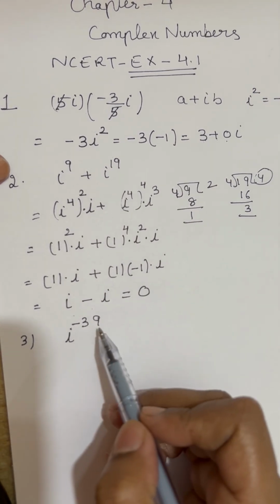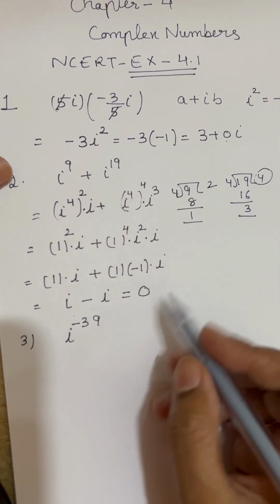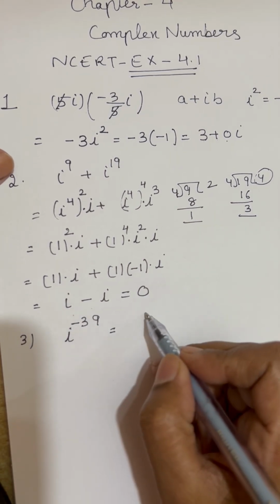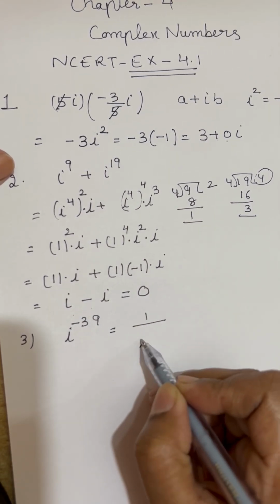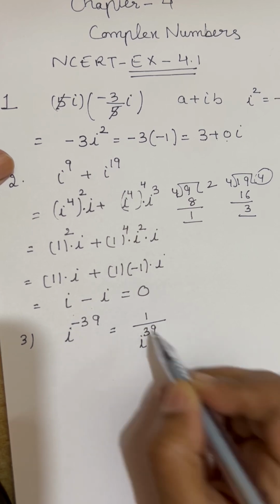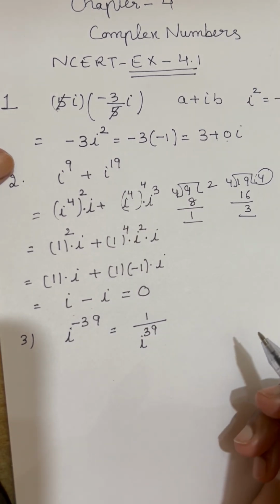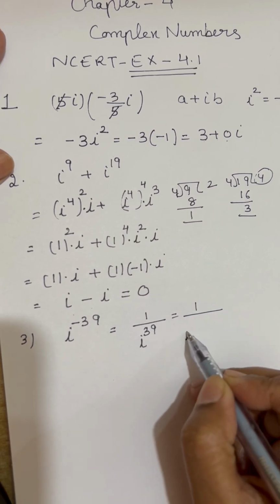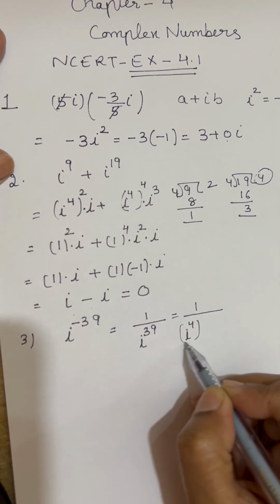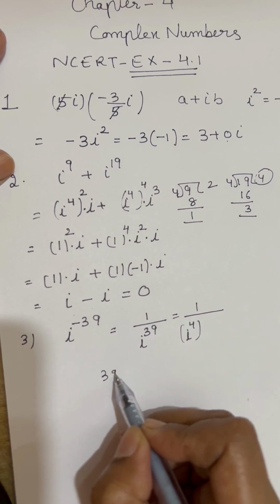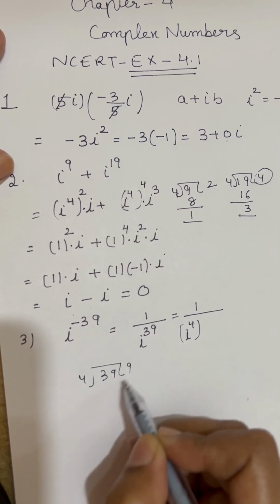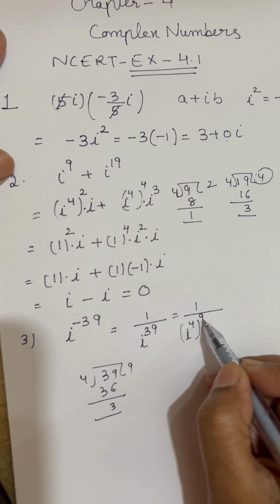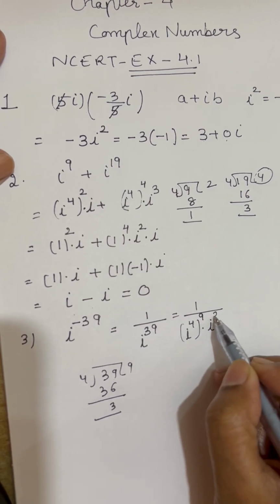Now third question is iota raised to the power minus 39. Now power is negative. So whenever the power is negative, first we make it positive. पावर माइनस में है, पॉजिटिव कैसे बनाएंगे, इसका हम रेसिप्रोकल कर देंगे. सो इट विल बिकम 1 अपॉन आयोटा रेज टू द पावर 39. सो इन द सेम वे आयोटा रेज टू द पावर 39 को सॉल्व करेंगे. आयोटा रेज टू द पावर 4, 39 को 4 से डिवाइड किया, एंड 3 रिमाइंडर बचा. क्वोशिएंट इज 9, 9 विल बी रिटन हियर, रिमाइंडर इज 3, सो इट विल बी आयोटा